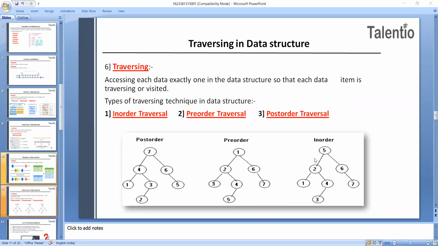So there are a total of two subtrees, right and left. First we will visit the left subtree, and then we will visit the root. And which is the root here? The root here is 5.